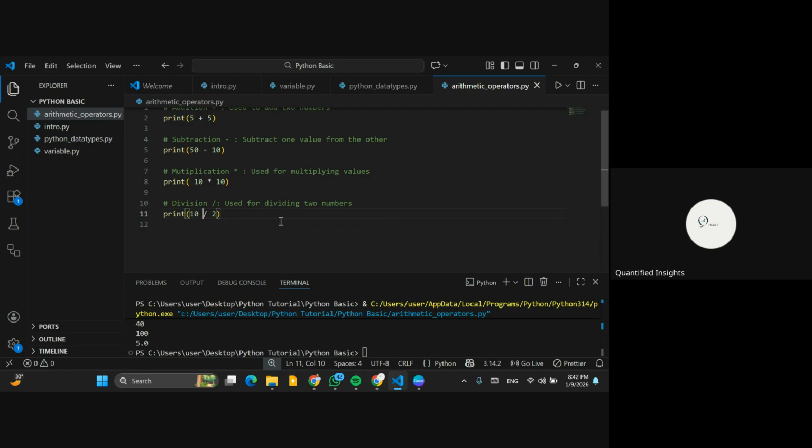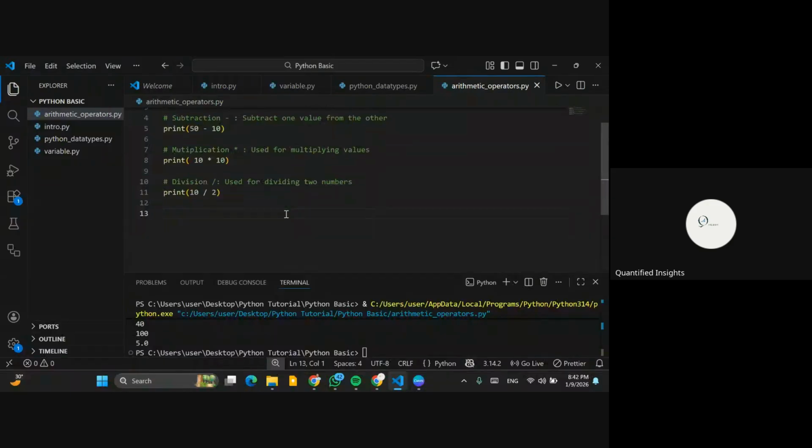Now, the next arithmetic operator that we need is what we call the floor division. Now, for the floor division,